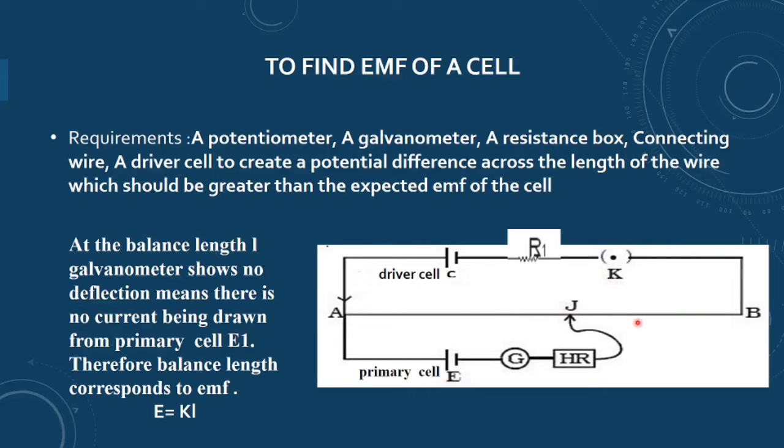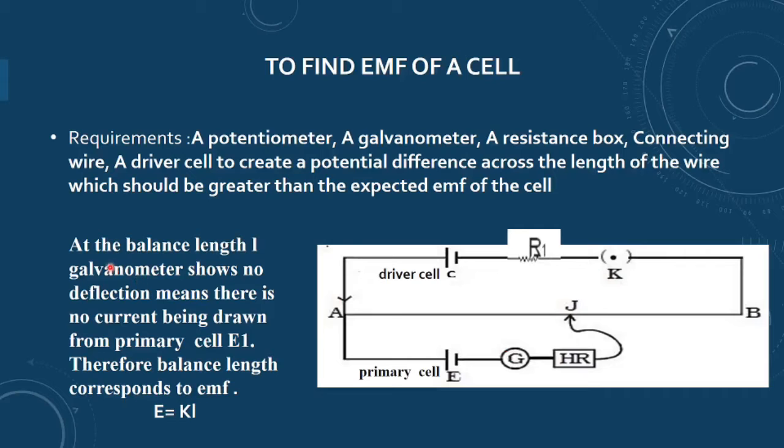The finding length of the wire, I have already explained how I can measure the length using the potentiometer. If I am on the even wire or I am on the odd wire, for odd wire upper scale, for even wire number of wires taken, plus lower scale. So I can find the length where it balances. Balances means where the galvanometer shows no deflection.